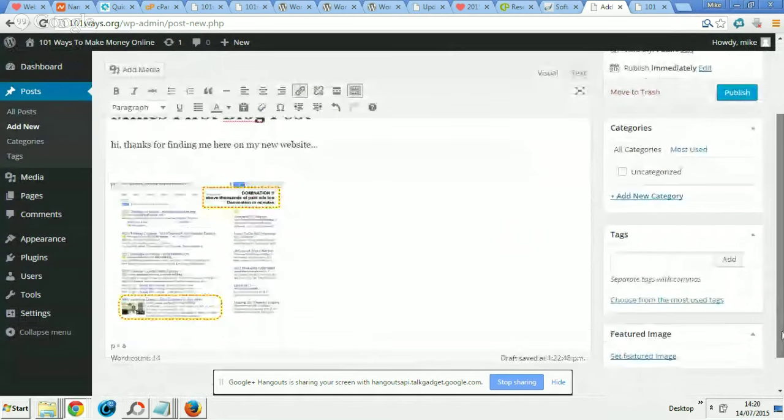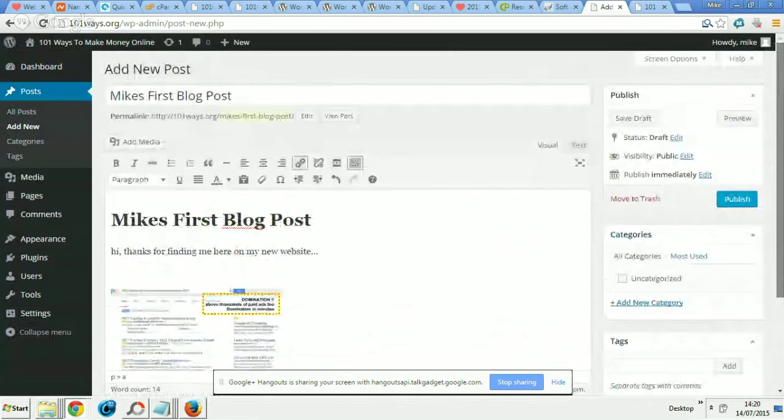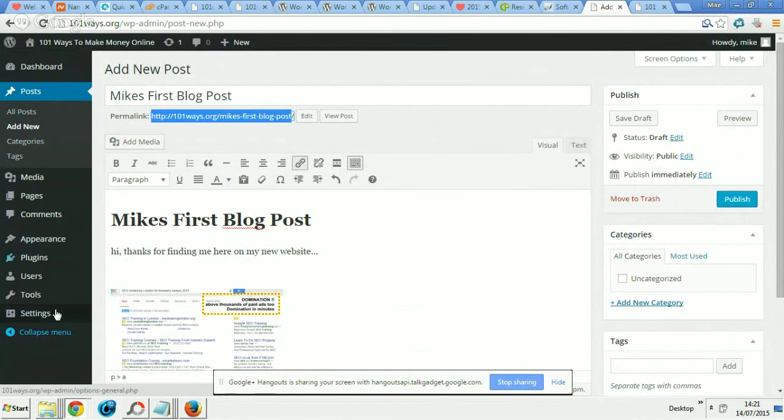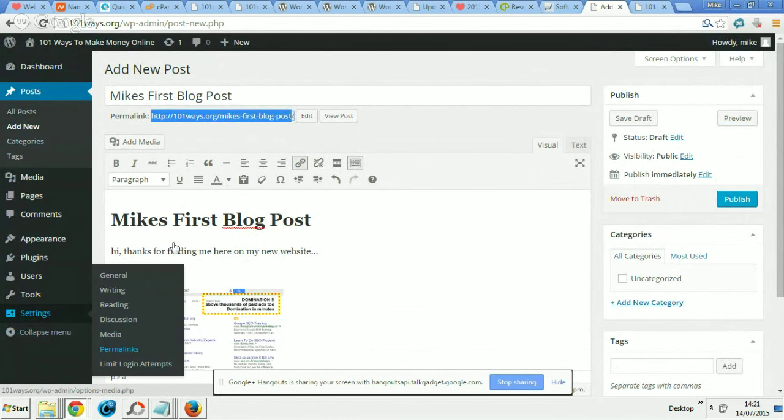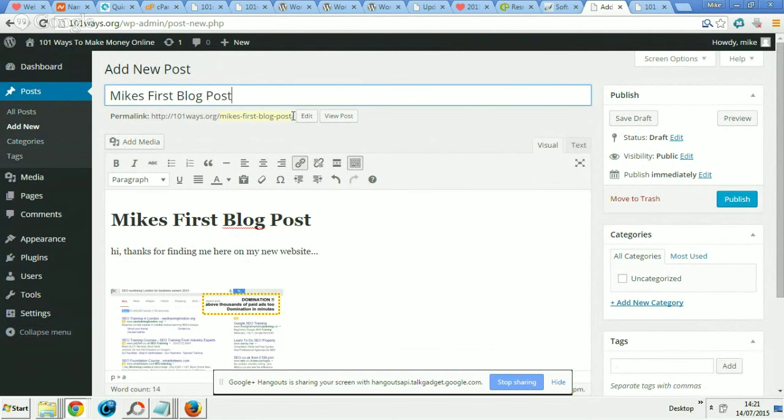Okay, so lots of other clever things we can do in this. I'm not showing you all that stuff just yet, but what I am showing you is this will be the URL, because I've changed the permalink under settings, permalinks. So it's a clever URL. It actually does what it says on the tin. It makes sense. If I click on publish,